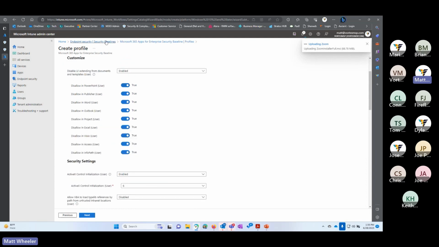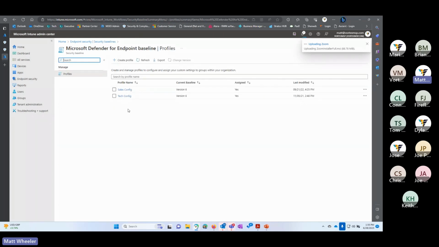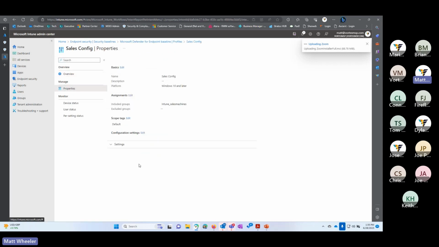So for example, in the endpoint baseline settings that we have created for Vortex, in our dev environment here, we should see two different configurations. A sales configuration, because our sales users don't necessarily need to use PowerShell, and so scripting doesn't necessarily need to be enabled for them. But on the tech side, our users obviously need to use PowerShell, and so we have to be able to create and use scripts directly on our computer. So what we had to do was create two different baselines and apply those to the computers.